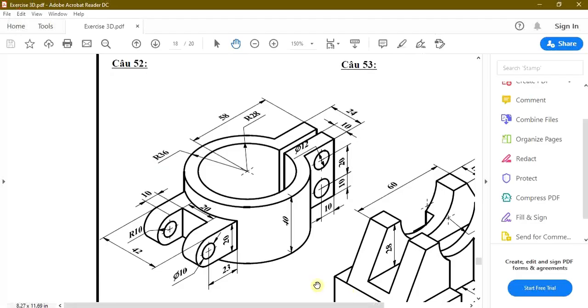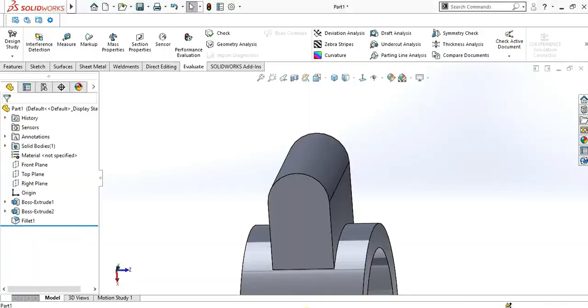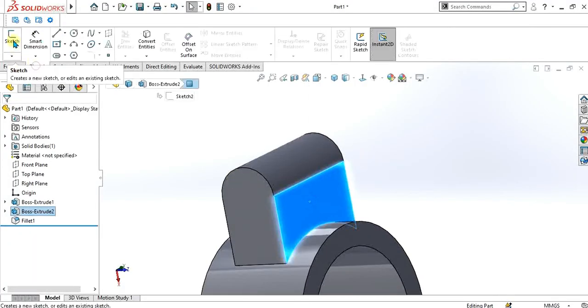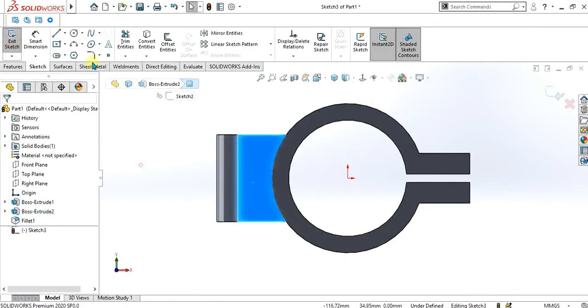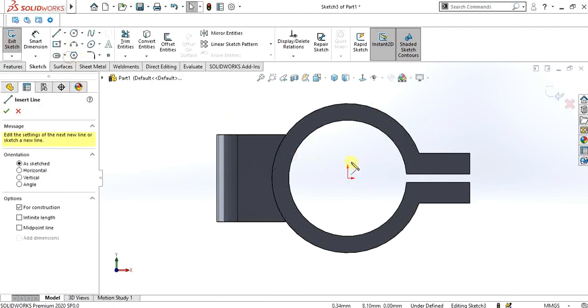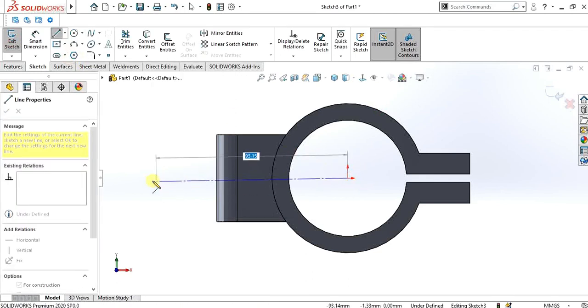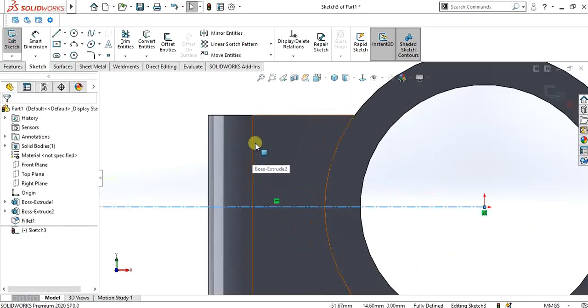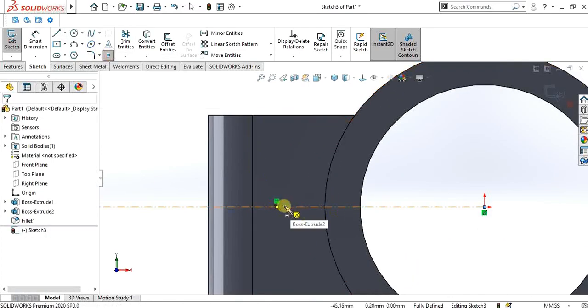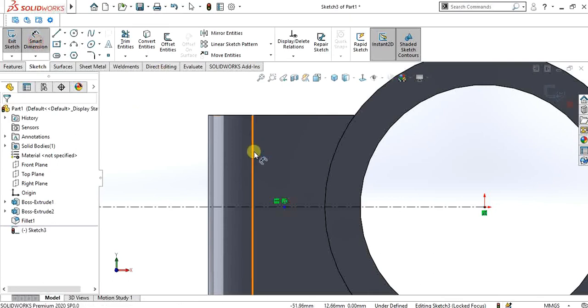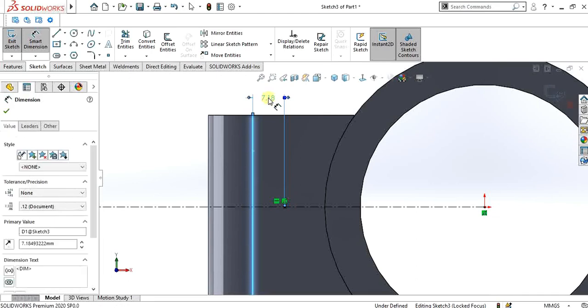So now we have to cut this part. As you can see the dimension, it is 10 mm in the height and 20 mm in the length. So we will select this face, go to sketch, make the center line like this and make the reference point and give it the dimension of 10 mm from this edge to this reference point.